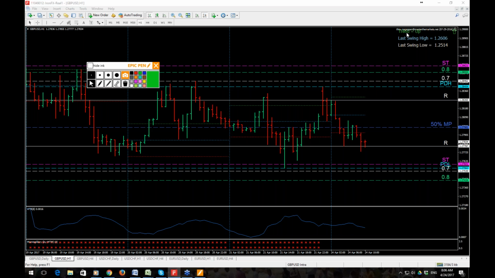Okay, so we have a cable position currently running. We're triggered into a trade long. Let's have a quick look at that now. You see we published the levels at 802. Everyone should be able to see that. Am I right in saying that everyone can see the trade that we placed at 802 on the pound US dollar, entry 127.97,